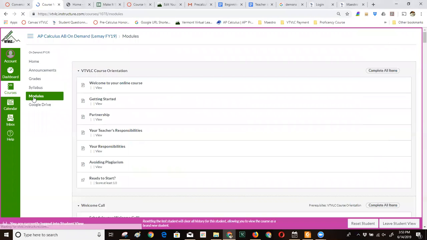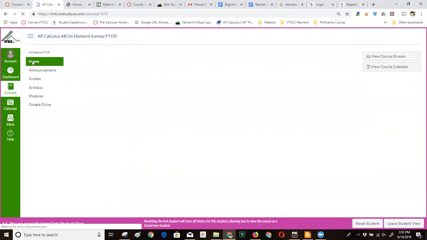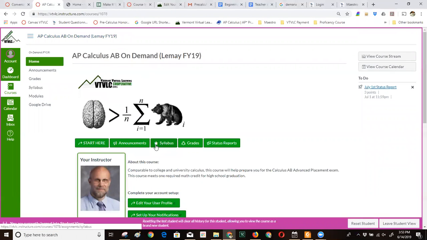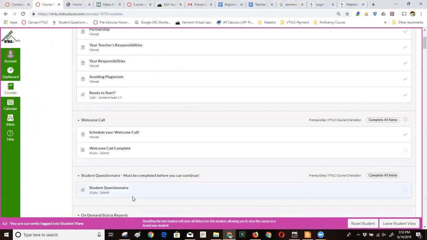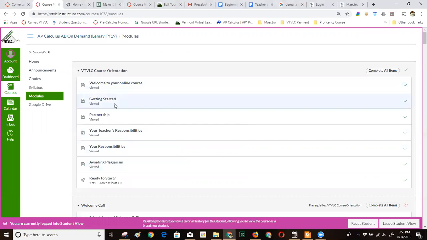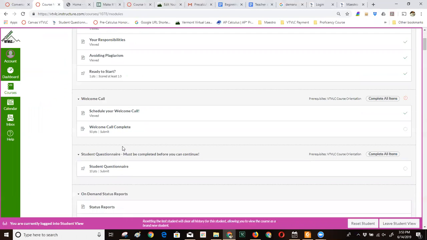Let's click on modules, and if you go back to the front page, you can also click on modules. Let's see, where is it? I know it's here. Does it start here? Yeah, so it starts there. Before you have access to the actual course, you're going to have to go through and answer the intro questions and the course orientation, and do a student questionnaire,